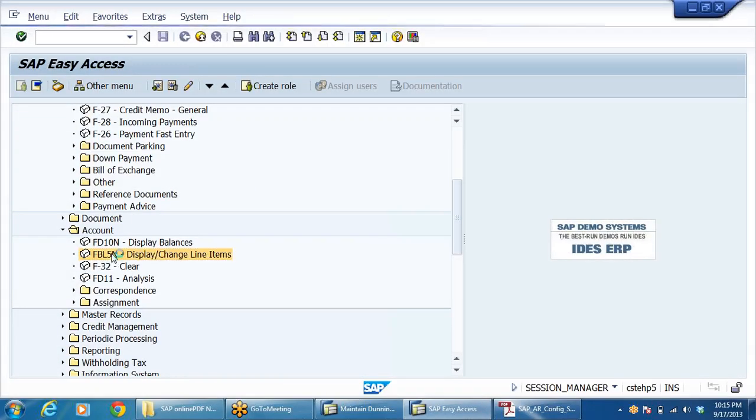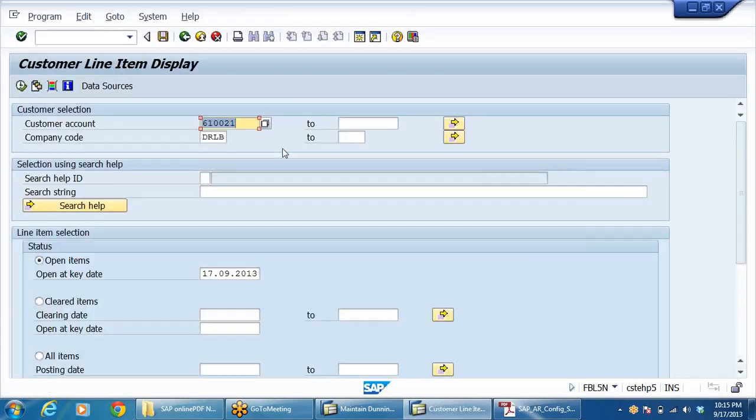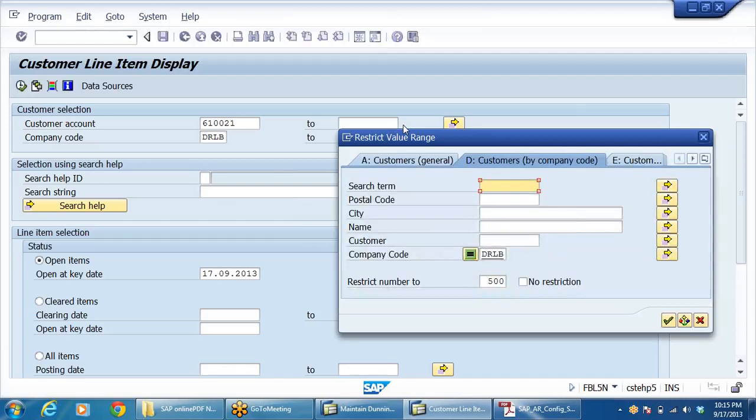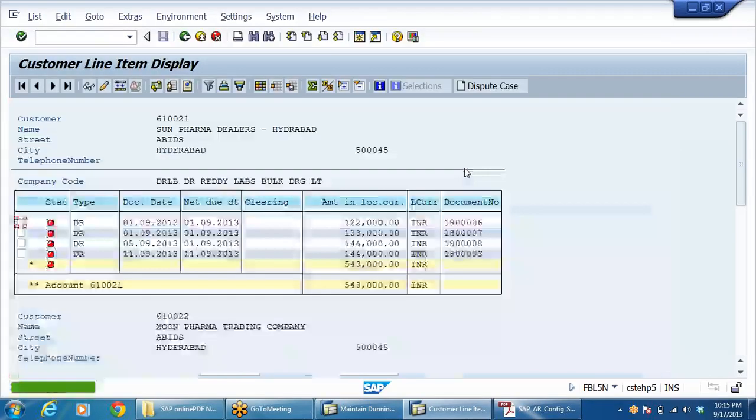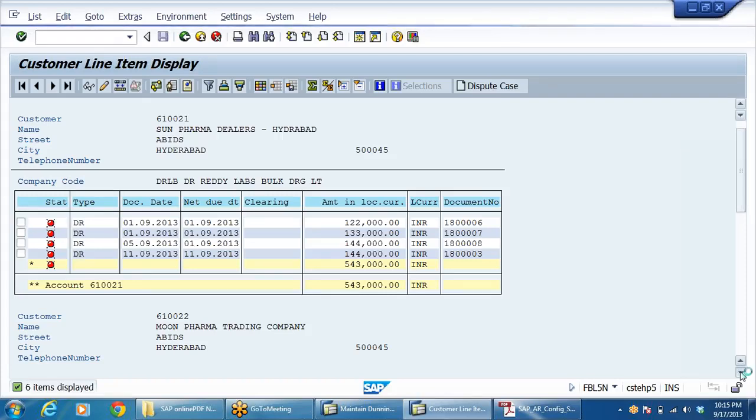Let us go to FBL5N and check. So around 4 line items, 4 invoices here.